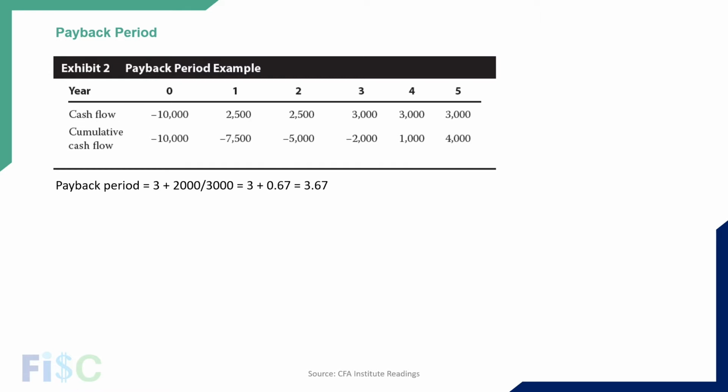we paid initially, and then year on year we get some inflows, so that in the fourth year we are going to be profitable. For 3 years we are not recovering our initial investment. That's why the payback period must be more than 3 years. So here you can see that we added 3 years, and then for the fourth year we divided the amount to be recovered by the amount we got in the fourth year. So the payback period is 3.67.